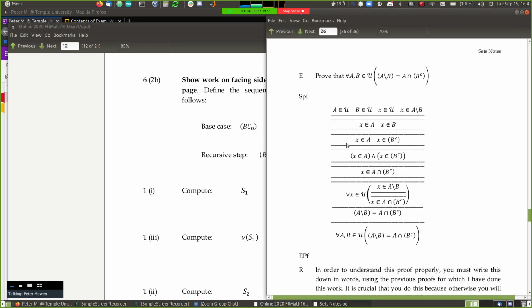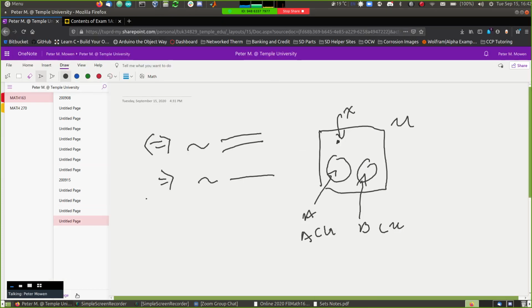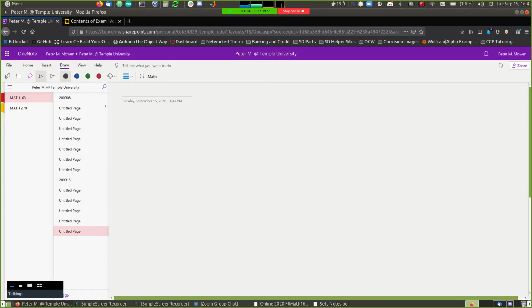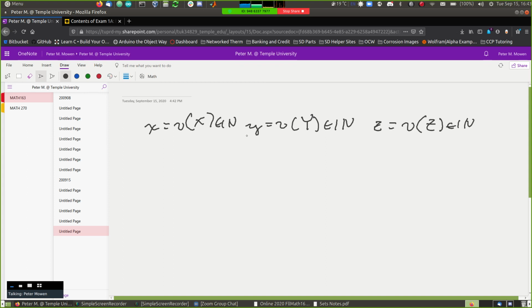So for me, I had lowercase x equal to nu of capital X, lowercase y was equal to the number of things in Y, which is in the natural numbers, and z was equal to the number of things in capital Z, which was a member of the natural numbers. And my base cases were, so BC,